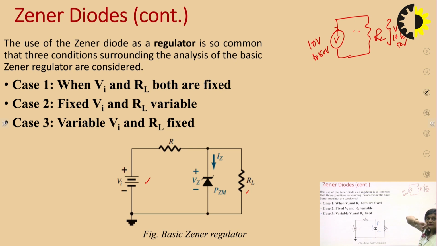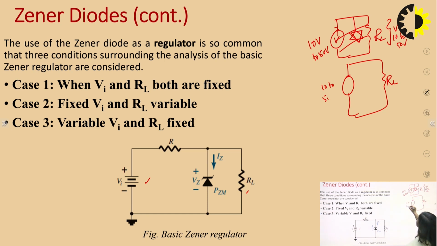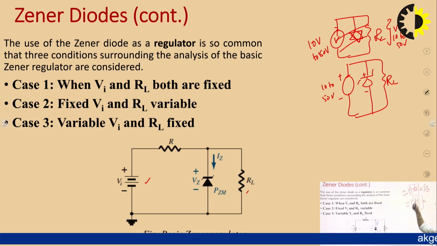Likewise the input voltage. So what we will do: this was our circuit and this was RL, and this is the 10 to 50 volt supply, plus and minus. We will connect the Zener here. This is plus, this is minus. We have kept the negative end plate of the Zener in the upward direction, because we have to keep the diode in reverse bias. Only then will it work as a voltage regulator. That's why we have connected the N plate with the positive supply and the P plate with the negative supply, so that this diode is in reverse bias.